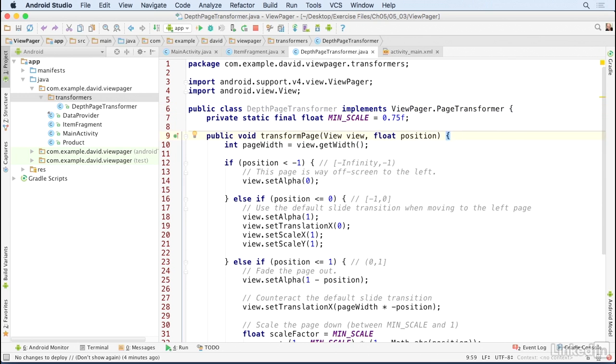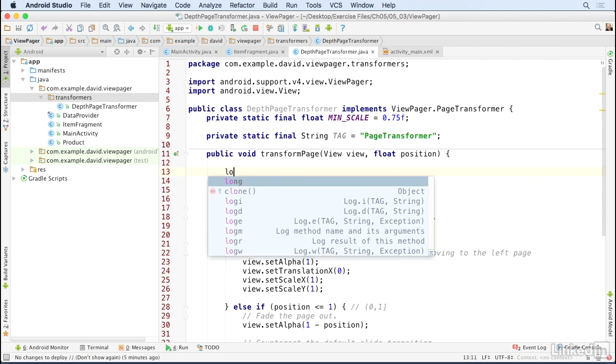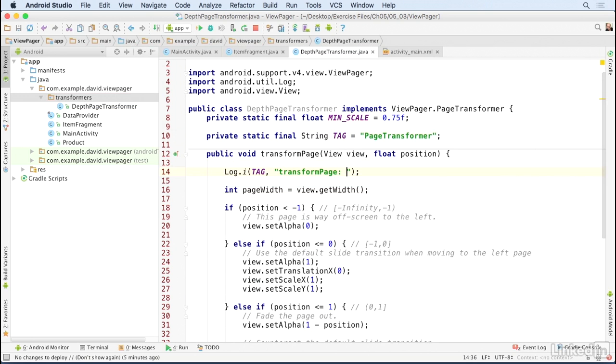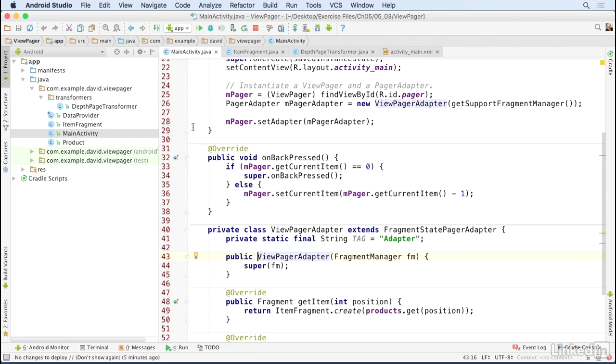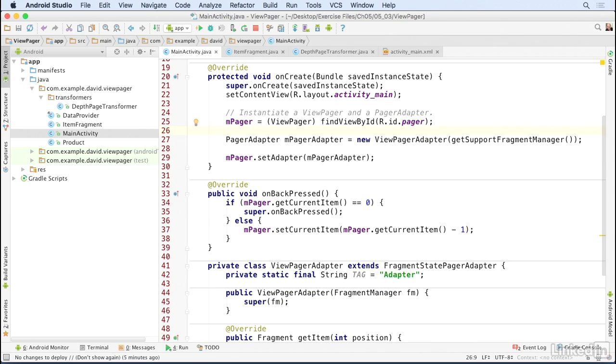Now, I want to see exactly when this method is being called, so I'm going to add a static final string, and I'll name it TAG, and I'll give it a value of PageTransformer. Then I'll add some logcat output right here, just as I start the method, and I'll output the message transformPage. Now I'll go to my main activity class, and I'll go up here to where I'm creating my pager. I'll place the cursor right here after I've gotten the reference to the ViewPager object and before I set the adapter. And I'll add this code,